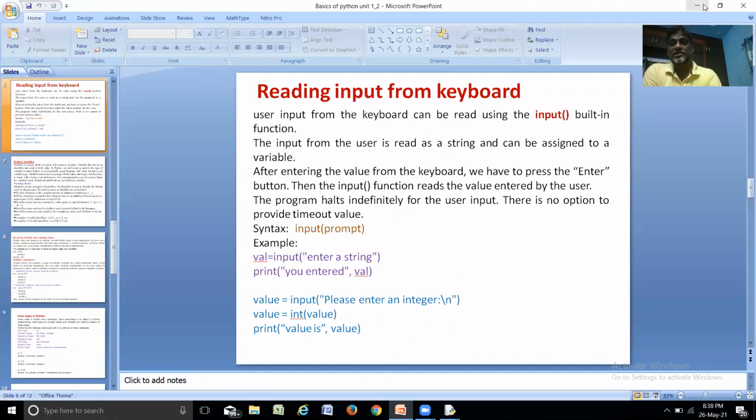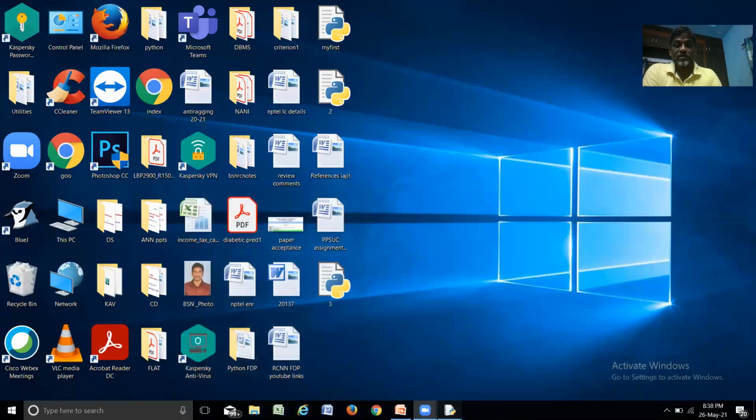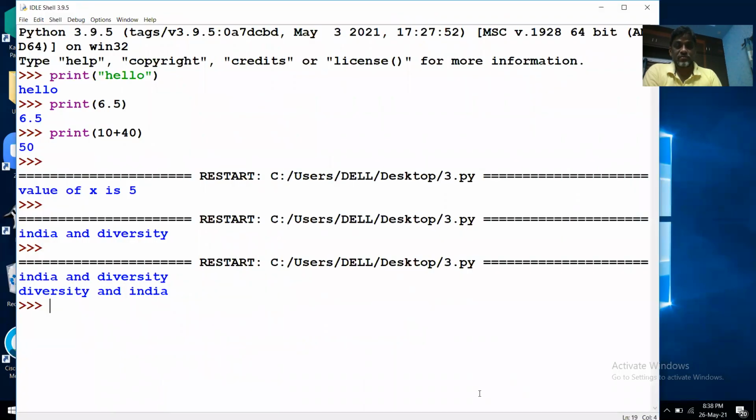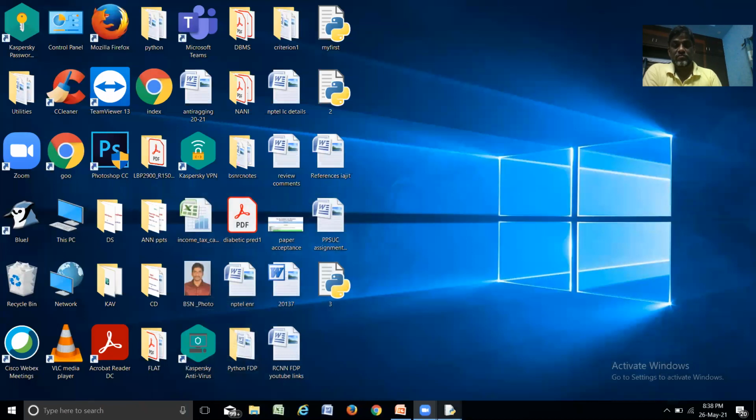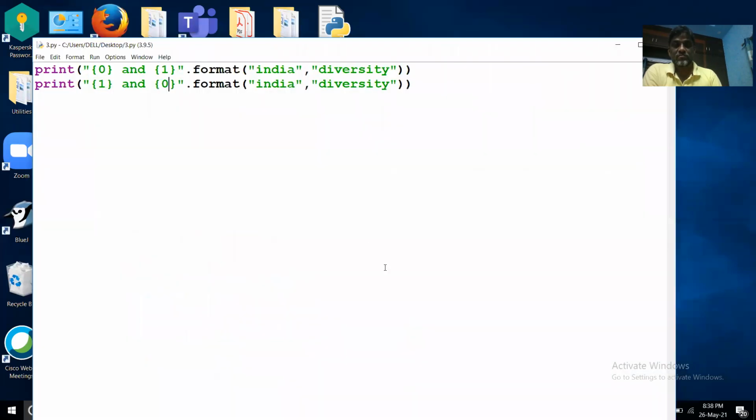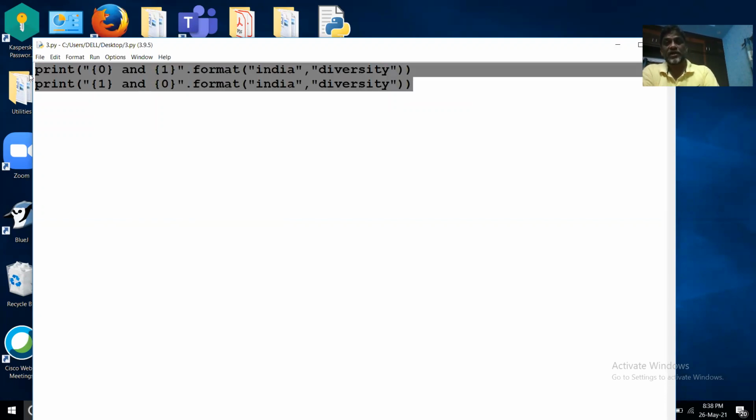So let us understand this with our IDLE now. Right. So now I just want to use the input function for reading values.